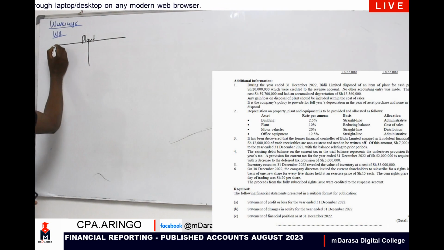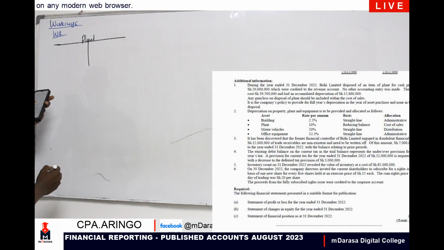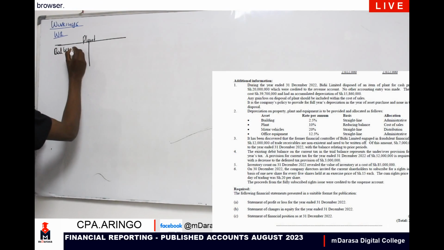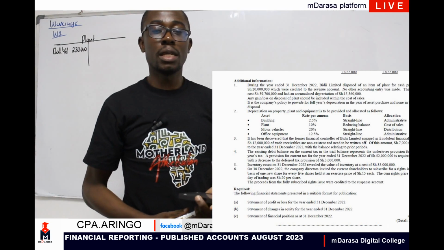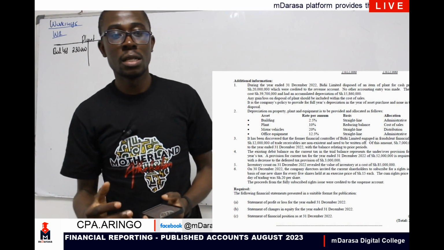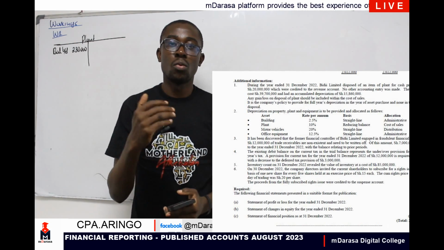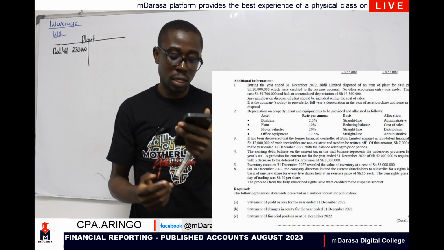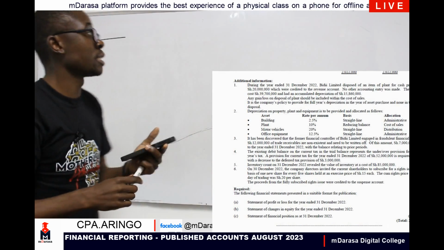So what will happen? The plant that I'm having, basically, our figures here, we're told that balance brought down for plant, we had 280. So balance brought down, I'm having 280,000, my good students. Our figures, remember, are in thousands. What is happening? On disposing an asset, we need to debit the disposal account and we credit our asset account, which in this case, we are told the cost. If you can check, you're told that the cost of this item amounted to 39,700.